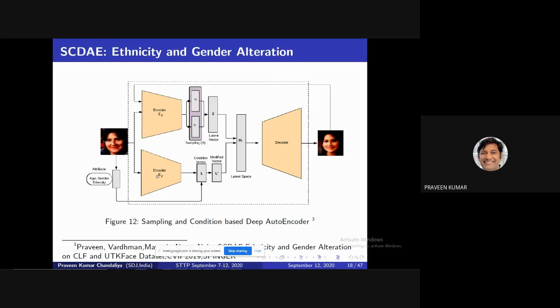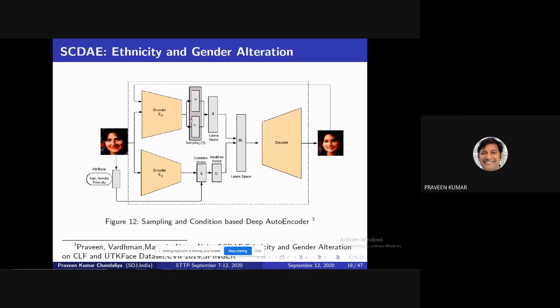Then a second encoder: the same input I pass in this, then L, this condition vector. I have attached this condition vector, which has 3 pieces of information. In my previous program, I have not used any condition. If you need to add a condition, then the condition generally is a one hot vector: age, gender, ethnicity, then attributes like bald, mustache or not, child age, younger age. This way you can add this information in L, then modify this L, then append Z and L into ZL. This is the latent space.